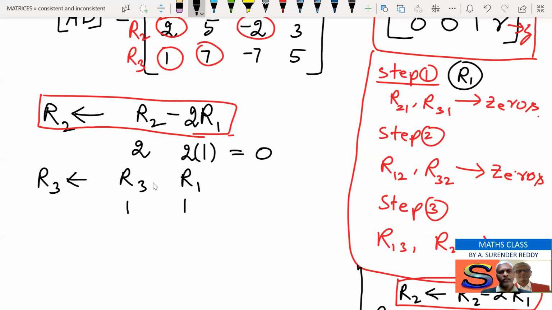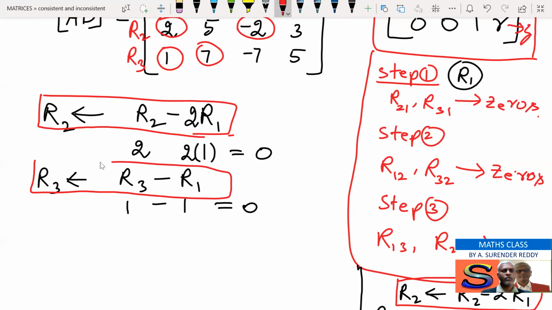Now look at this. If you add, it becomes 2. If you subtract, it becomes 0. So this is the formula for the third row, to make the last element, the first element of R3, become 0. This is the transformation we use, or you can call it a formula. So applying this formula over the entire group,